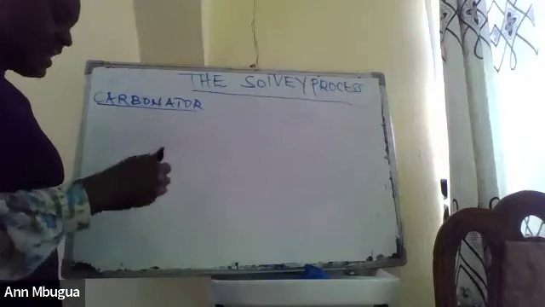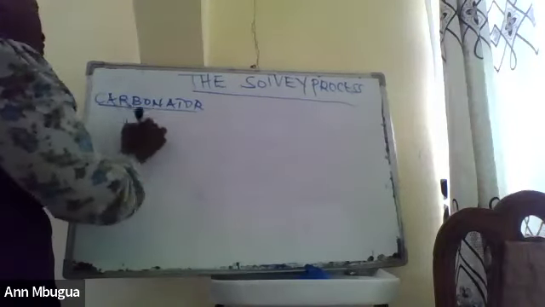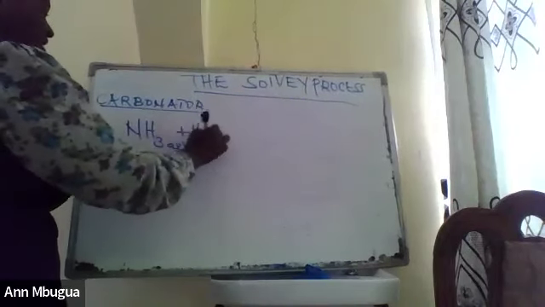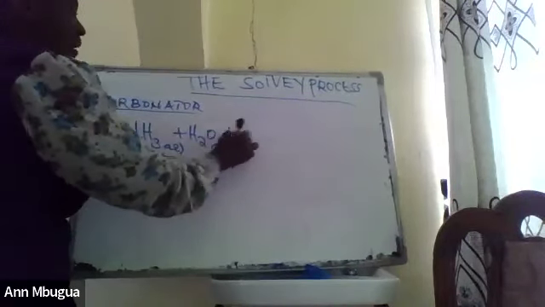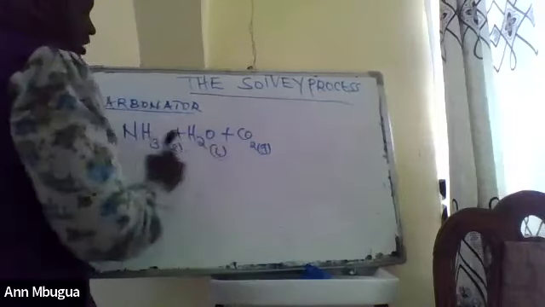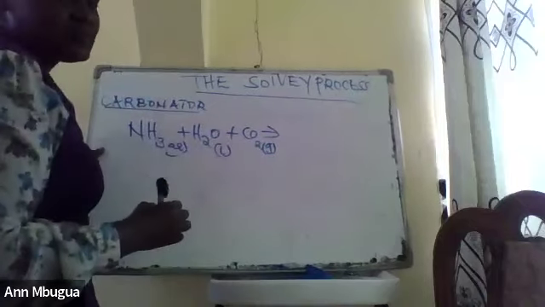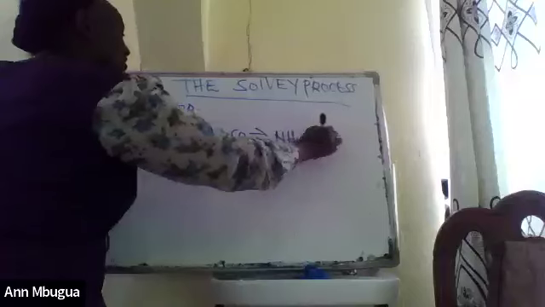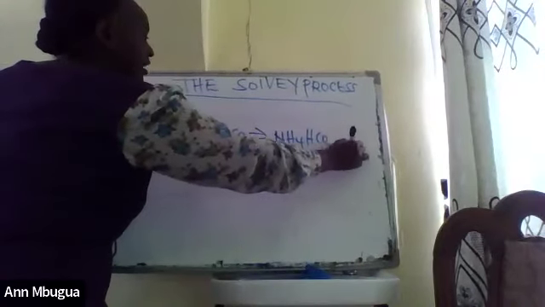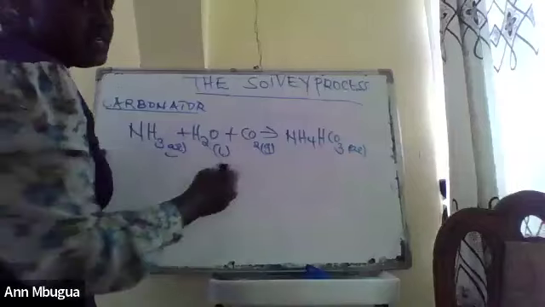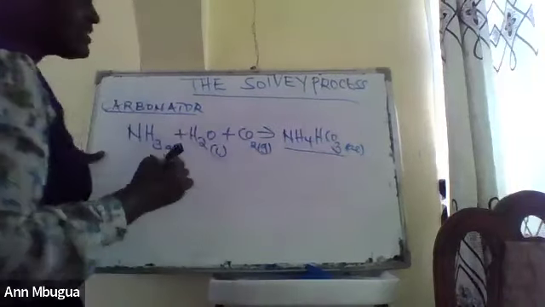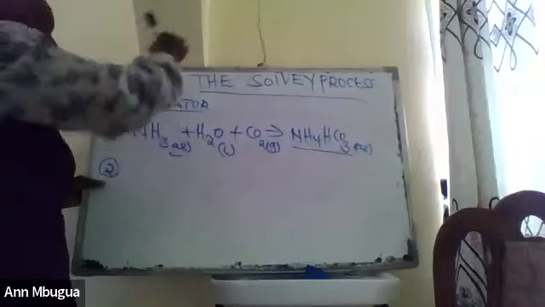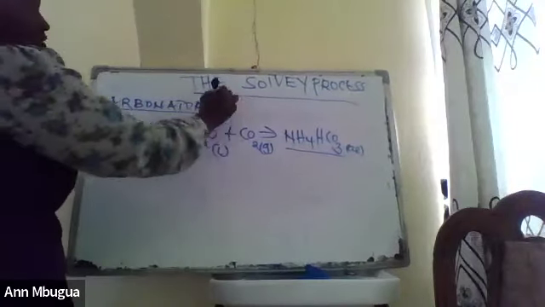So what happens? The ammonia in the ammoniacal brine, it is aqueous, maji, reacts with carbon dioxide. This one is from the kiln, and the product formed is ammonium hydrogen carbonate. Ammonium hydrogen carbonate. This ammonium hydrogen carbonate, this is the first step, reacts with the sodium chloride from the ammoniacal